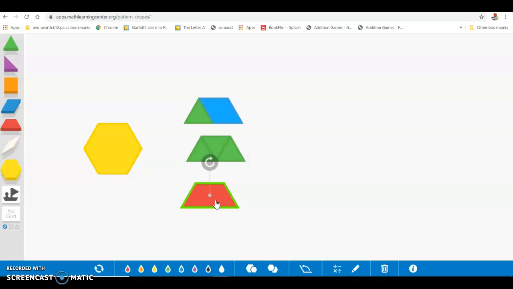Okay, so again, spend some time checking the app out. We will be using this in future lessons,